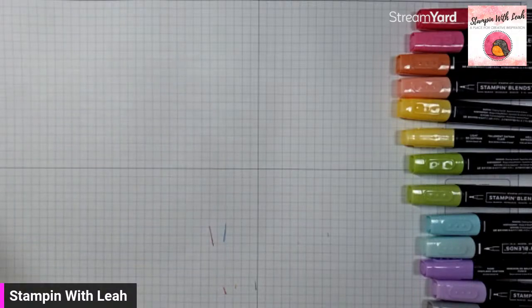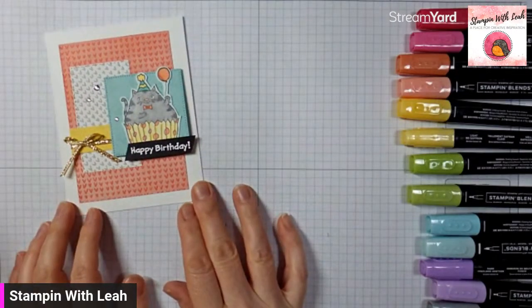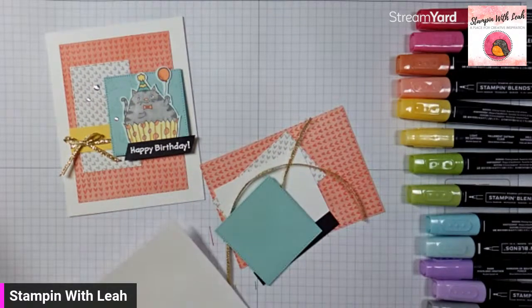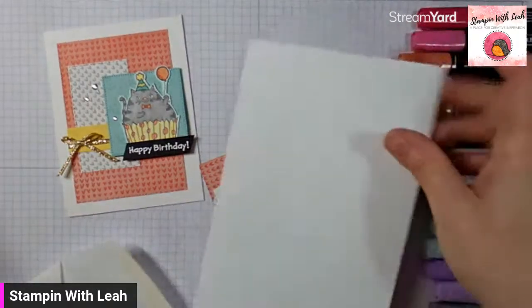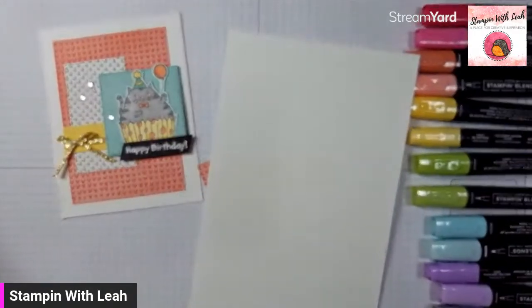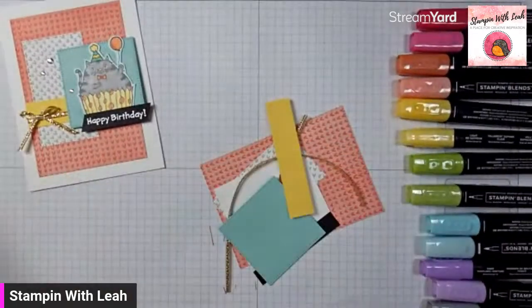All right, and our last card for this card class is so sweet. All the little hearts, hearts in red, hearts in gray, and all the little bits. So I'll pour all that out. Oh, and the card base. There we go. That's everything. All right, empty envelope. Oh, my camera's going a little crazy. Sorry, guys. So we have our thick Basic White card base,